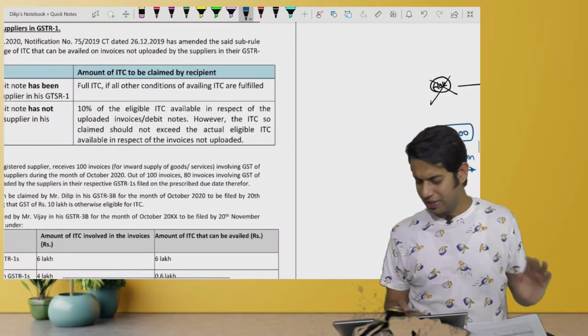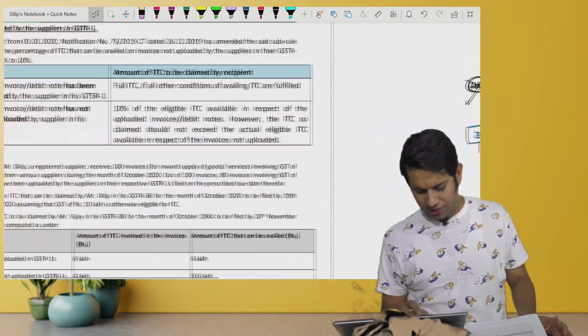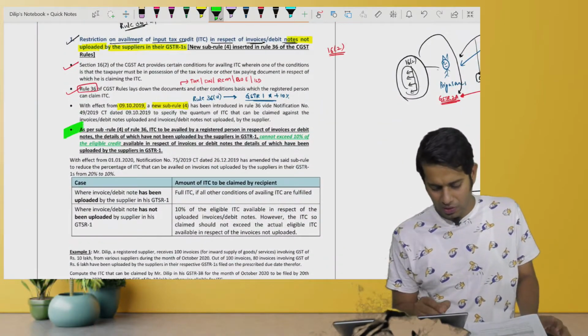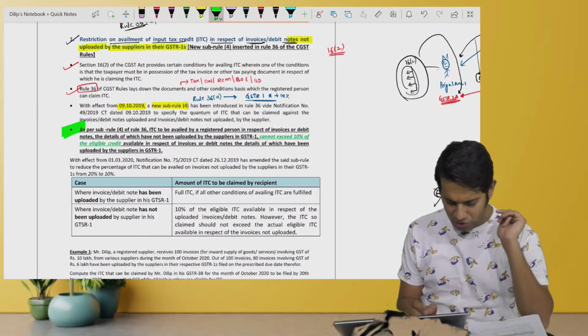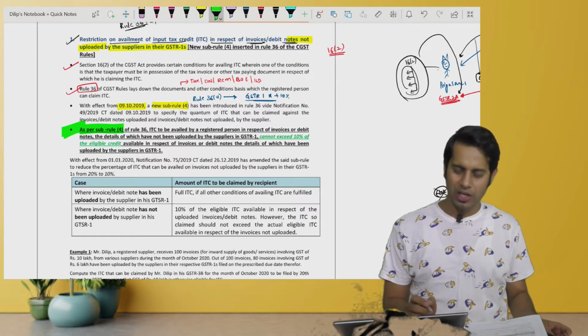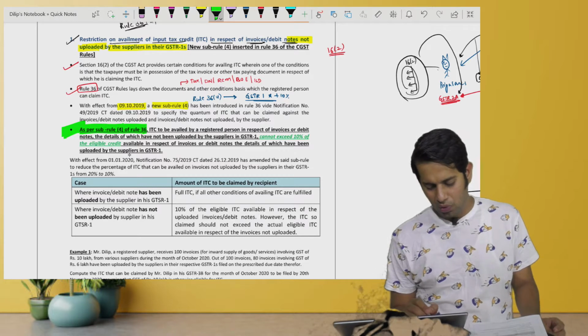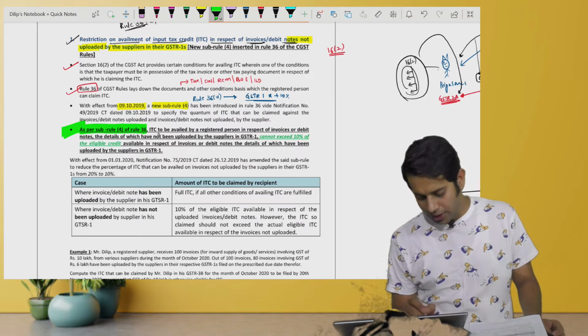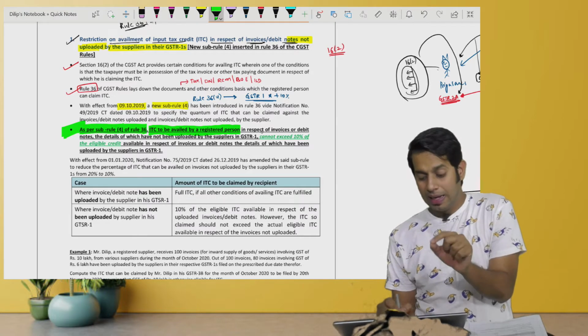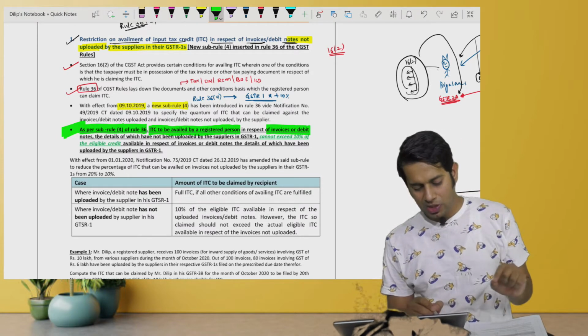So this is the restriction which has been given. I'll just read the main crux over here, and I have also given an example which you can see. As per this sub rule 4, which is the new sub rule which has been introduced, as per sub rule 4 of rule 3, ITC to be availed by a registered person in respect of invoices or debit notes,